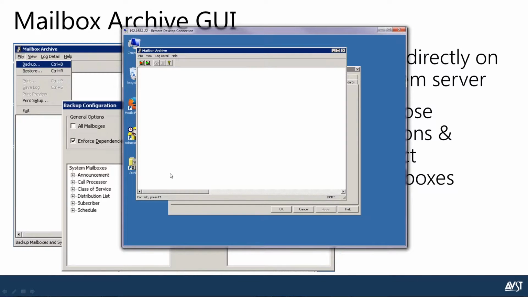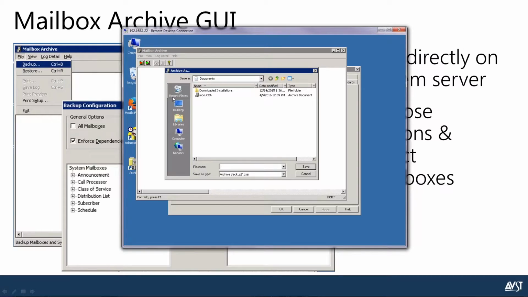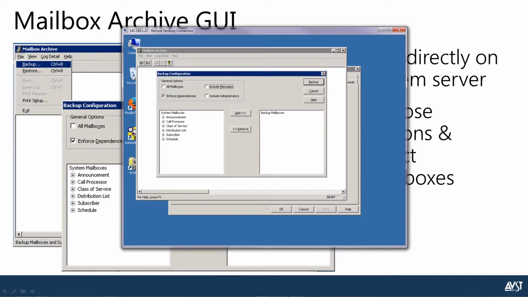This is what it looks like. It's run on the system server. We can actually run it on ours if you want to see it actually do something. You can do this with the system running. Mailbox Archive works both backup and restore with the system working. And you can see it's a very complicated thing. Restore button, backup button, or file backup, file restore. You can pick what types of logs you want to see when you do a backup, but that's pretty much it. So to do a backup, you just press the key,